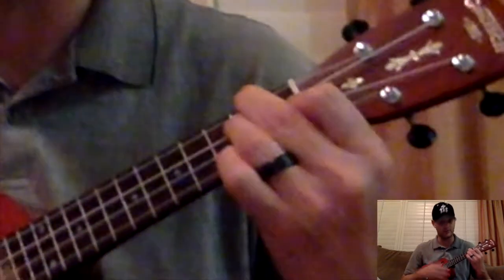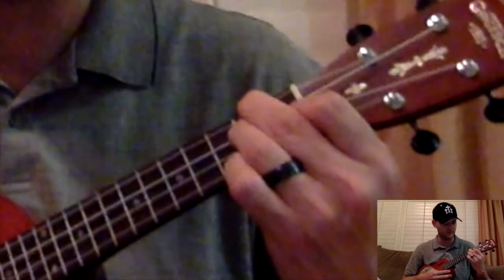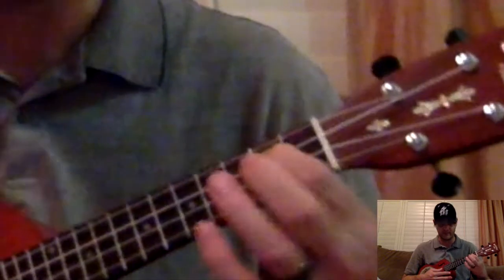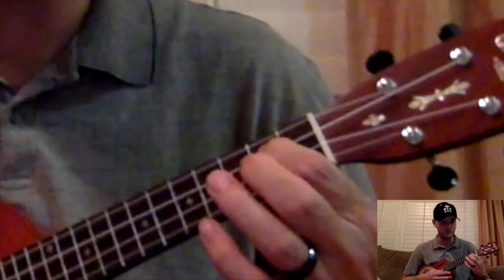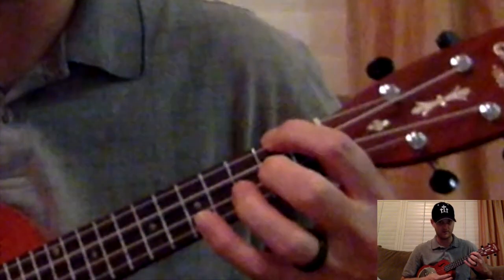And then you go cascading again. Now right here you got to make a quick switch. I take my index finger and I play a quick D, which is the 2nd fret on C string. And as soon as you hit that note, you got to go into a D7,